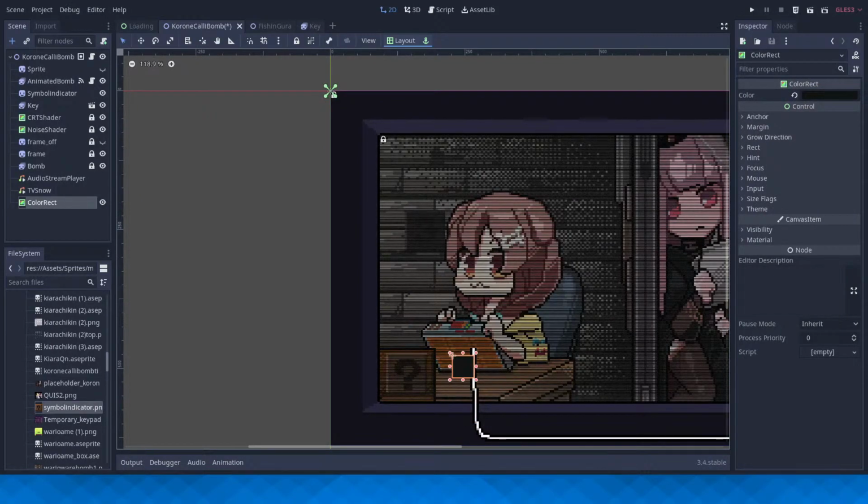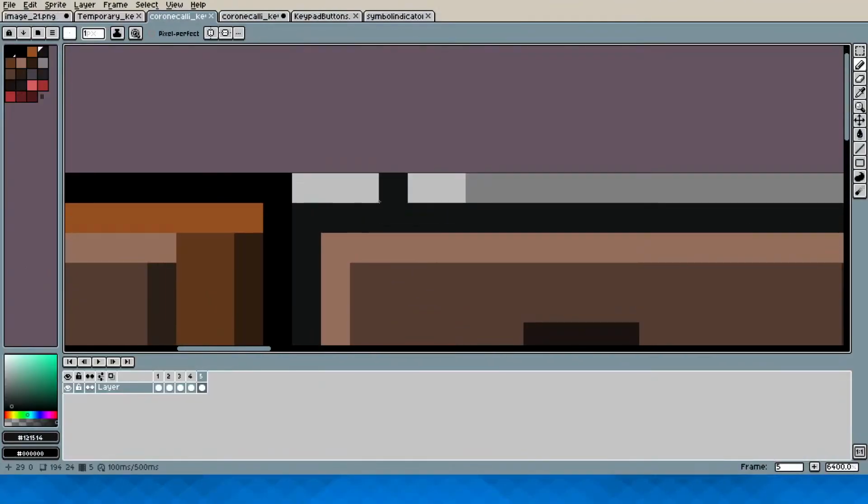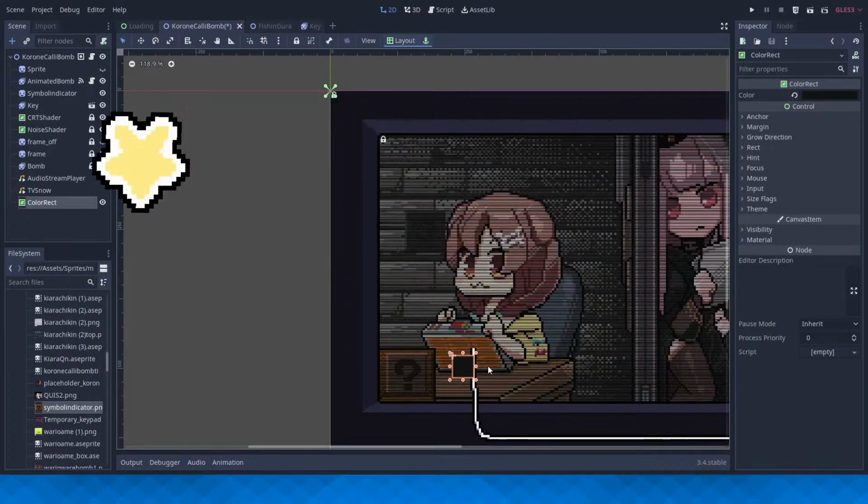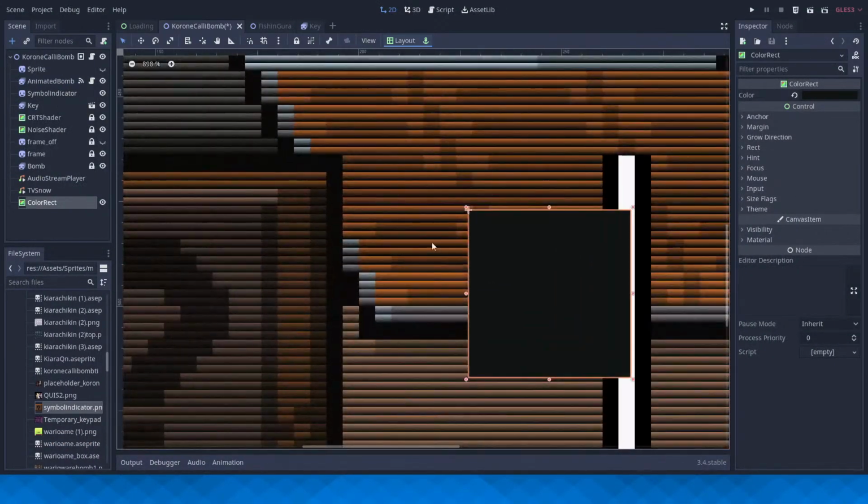Okay, so where was that placed? It was placed here, 1 pixel away diagonally from that corner.